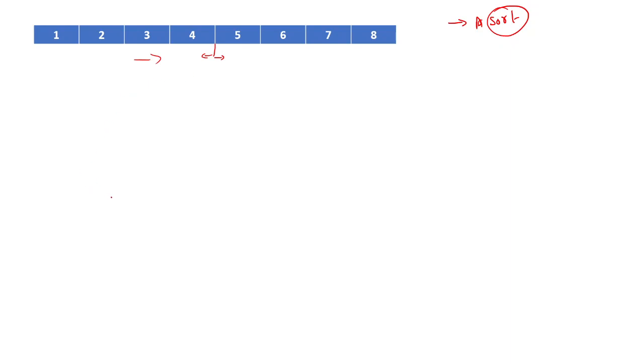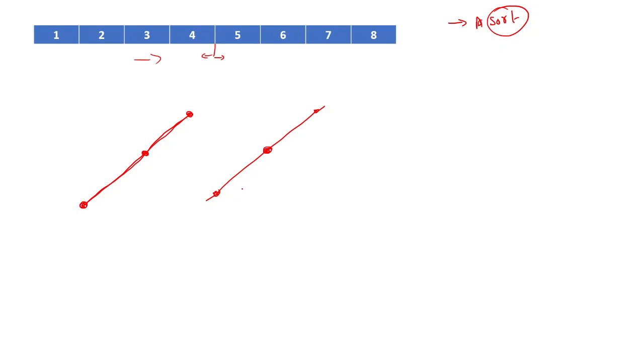Just understand this. What happens when we take an average? Suppose there are two numbers, one is smaller, the other one is greater. When we take the average of these two, we get a number in between these two. So we get something like an increasing order. Whenever we find an increasing order of three numbers, there might be a situation that if we take the average of the end ones, it becomes equal to the middle one.